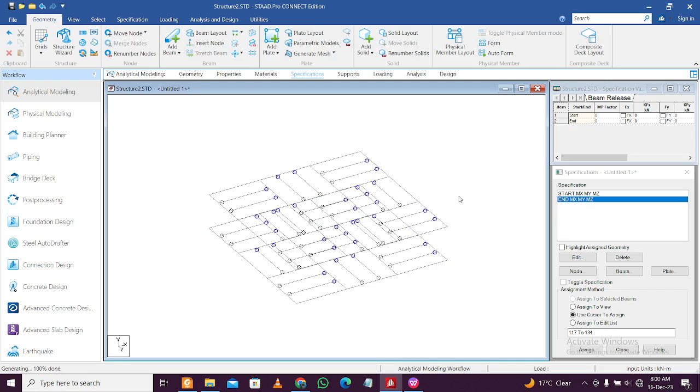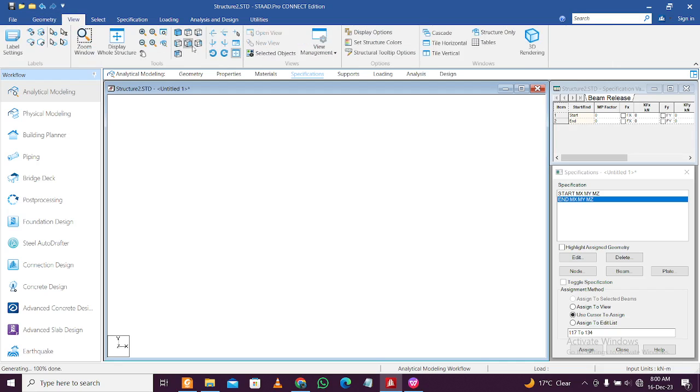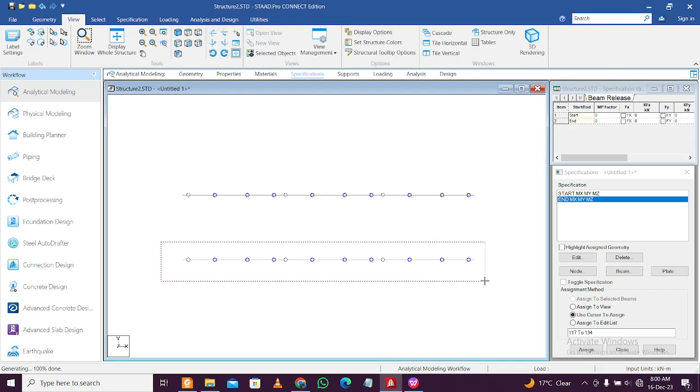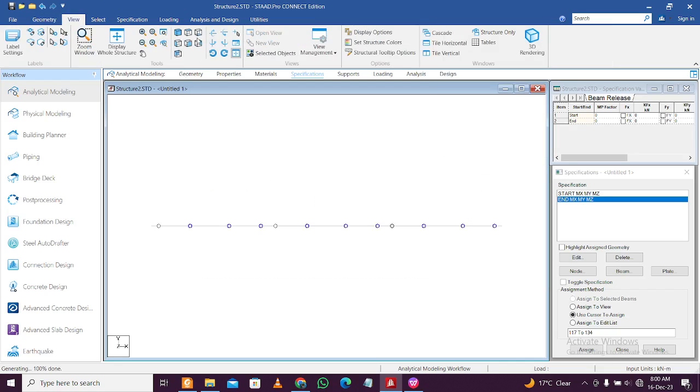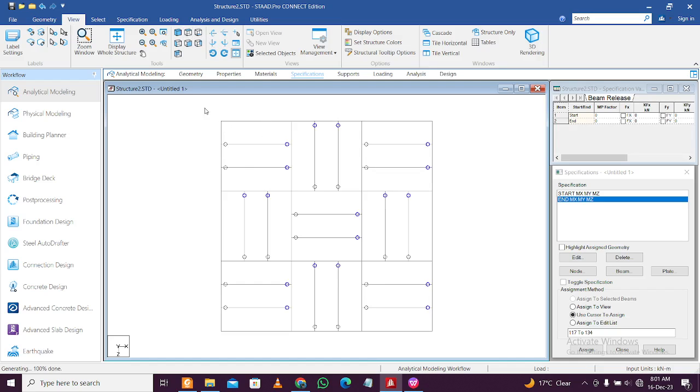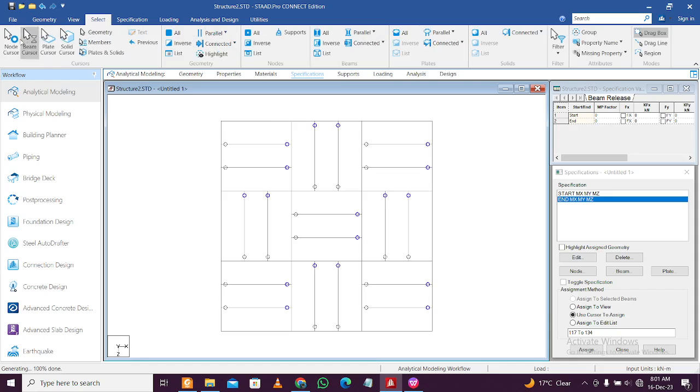Okay, so click on OK here, and I'll go forward to this particular view, and now only the bottom one I'll select and right click and click on new view and click on OK, and then I'll select the top view, obviously. Now I'll go to select and select the node cursor, and now I can select the nodes which have the columns, sorry, and not the secondary beams. So once these are selected like this,